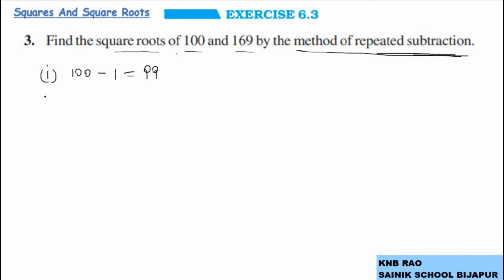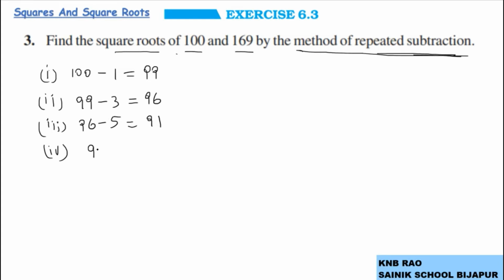In step number 1, when we subtract 1 from 100, it gives the difference 99. 3 subtracted from that gives 96 in step 2. In step 3, 5 subtracted from 96 gives 91. In step 4, from that 91, 7 subtracted gives